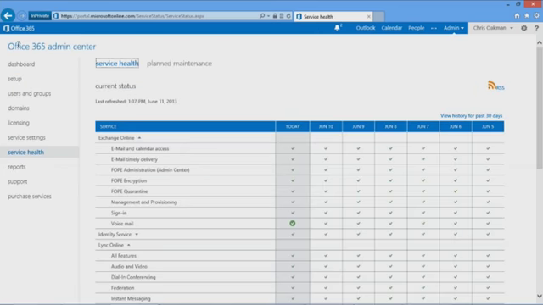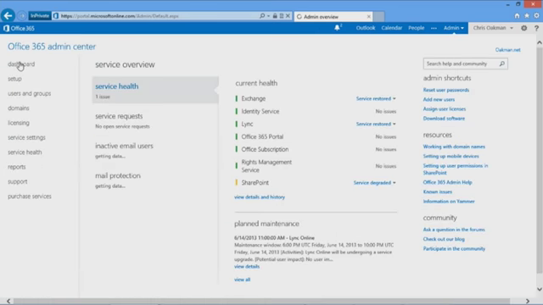Let me go back to the dashboard because that's where I started. So here in the center, service health, we've got one issue. Obviously, we saw that. Service requests: if I had any service requests from Microsoft, if I had been asking them for some help, they would show here as well. Five users have not signed in for 30 days. It's not an active tenant right now. Well, kind of sort of active, but not being used. And mail protection. Obviously, I'm not really sending and receiving email. It's not showing that we've got messages received, zero blocked by filtering. So it would show all that right on the front screen, the main dashboard.